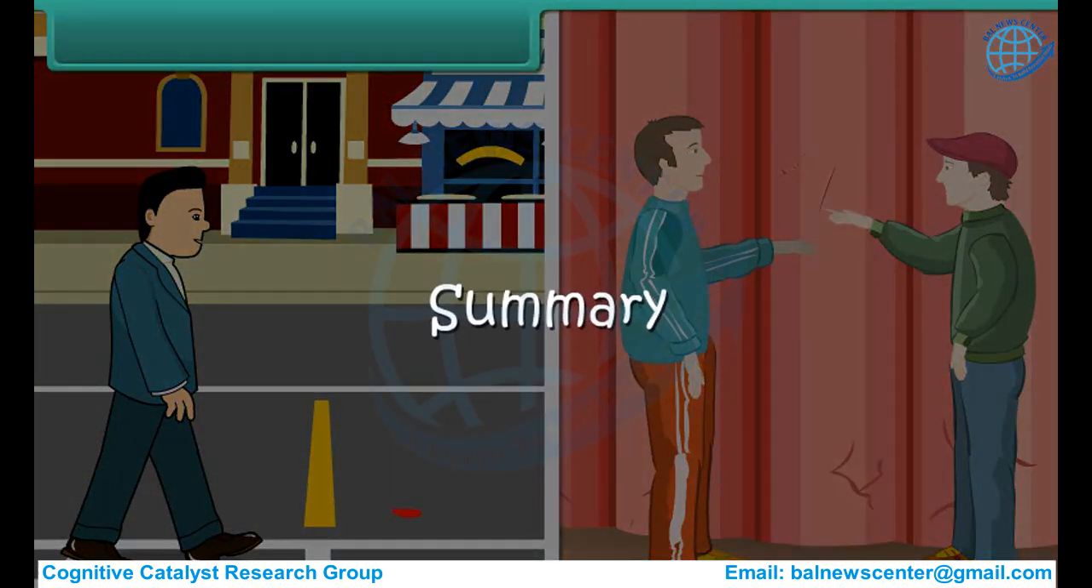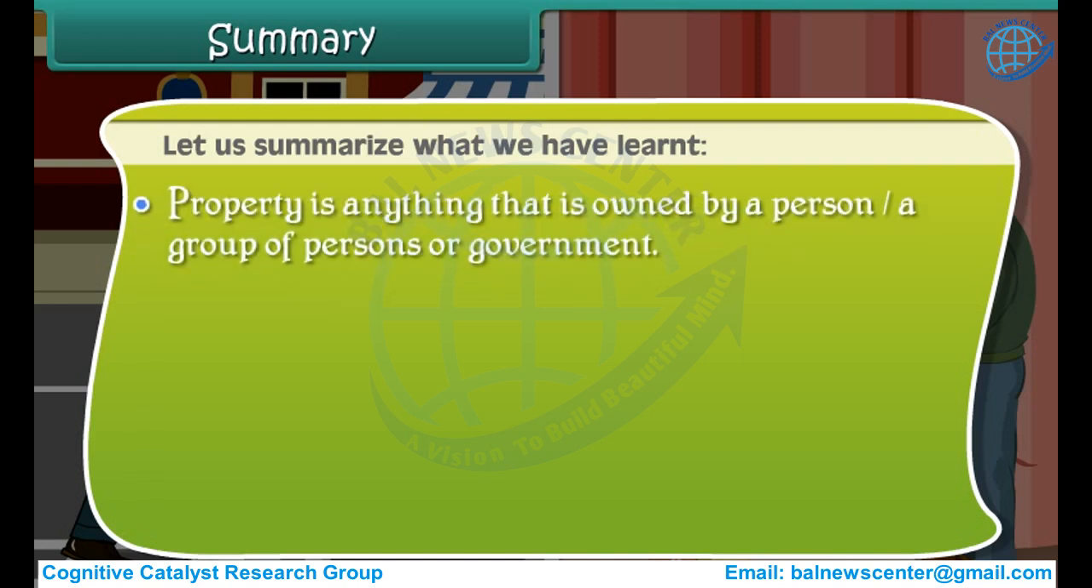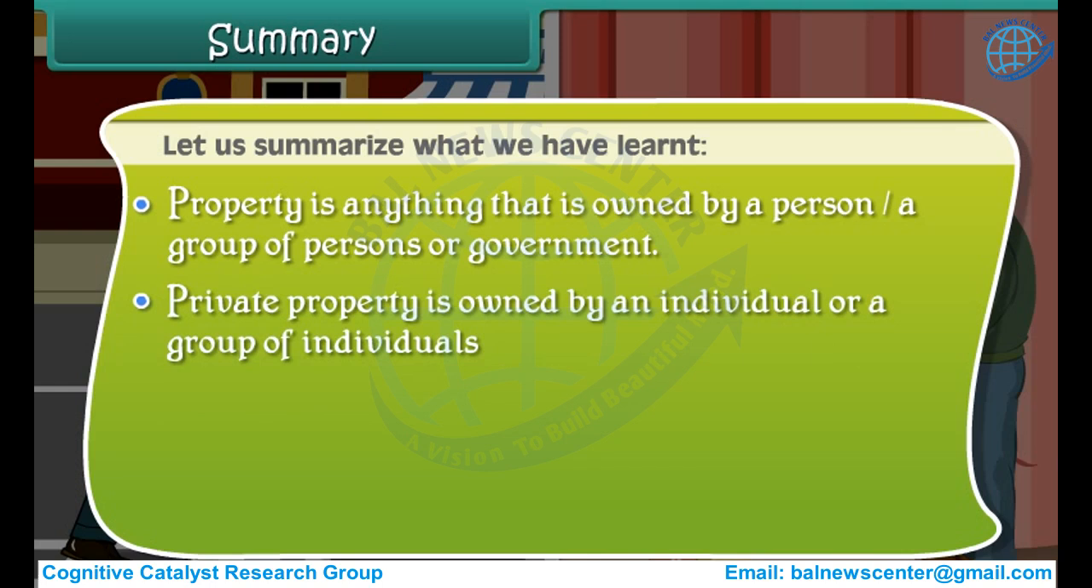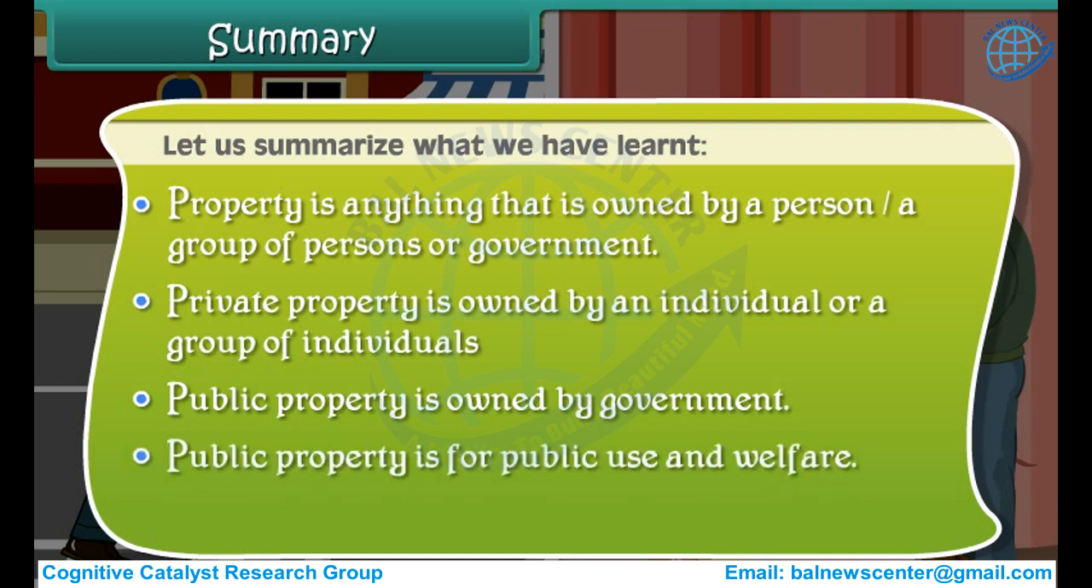Summary. Let us summarize what we have learned. Property is anything that is owned by a person, a group of persons, or government. Private property is owned by an individual or a group of individuals. Public property is owned by government. Public property is for public use and welfare. We must